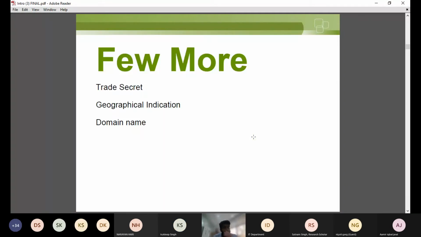And we have a few more types of intellectual property. First is trade secret. So trade secret means all those things which are meant to be kept as a secret between two entities. For example, you have developed some idea and you never wanted to disclose it to someone, but you have only disclosed it to any one person. So you can keep it as a trade secret. Why? Because all the previous 5 types of intellectual property we have studied will get published after a certain period of time. That means they will be coming into the public domain at a certain point of time, but there are some things which we want never to become public.